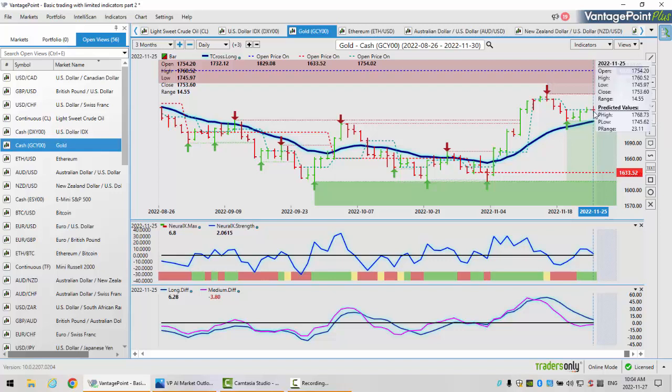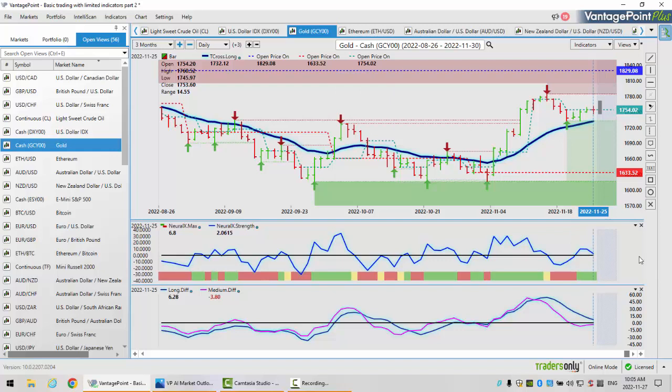So if we can hold above 1753, then gold may be able to still take a run at 1829. There are enough geopolitical conflicts going around globally that could send gold higher. So that's something we'll watch. But right now, it is still technically a buy in the VP software while we're above 1732. That's a very, very important level to maintain.